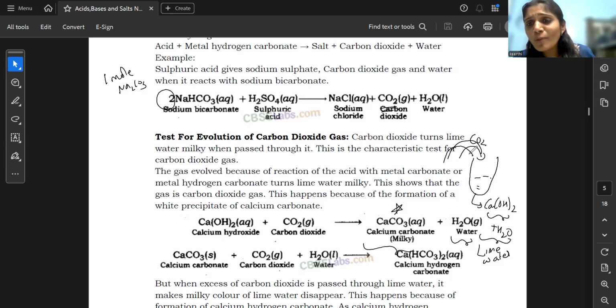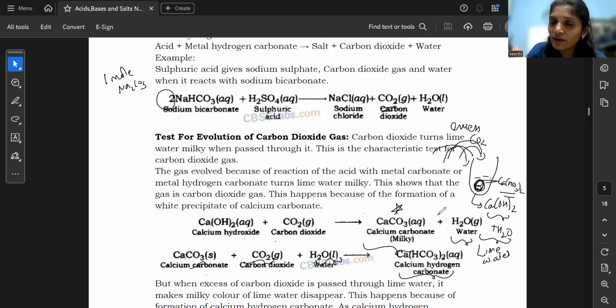Now when you pass excess carbon dioxide, what will happen? The excess carbon dioxide along with some water will react with this milky white precipitate, calcium carbonate, giving calcium hydrogen carbonate. Initially when you added CO2, you had a milky white precipitate. Now, when you add excess CO2, what is formed in the solution? You get calcium bicarbonate in the solution. Calcium bicarbonate is soluble in water. Clear? So, when you pass limited carbon dioxide, you get calcium carbonate, which is a white precipitate. Now, when you send excess carbon dioxide, what will happen? The formation of calcium bicarbonate or calcium hydrogen carbonate takes place, which is a soluble salt, so you get